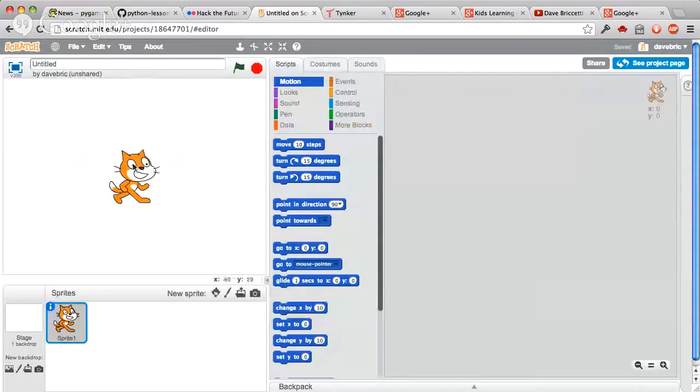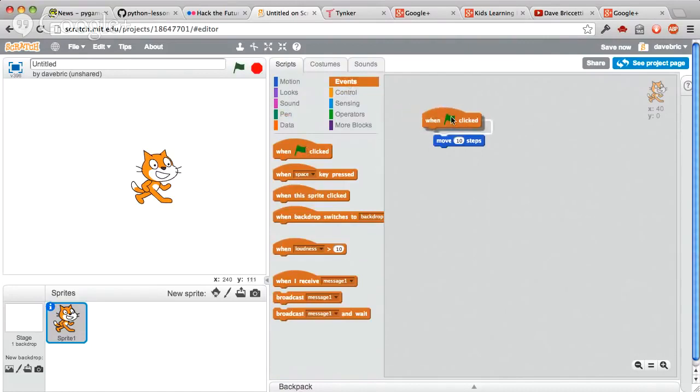And the cat is one of many sprites that you can work with. There are lots of backgrounds and pre-made sprites, and you can make your own. And you can make things work with these tiles. So this has to do with moving, and you can have the scripts start when the person at the computer